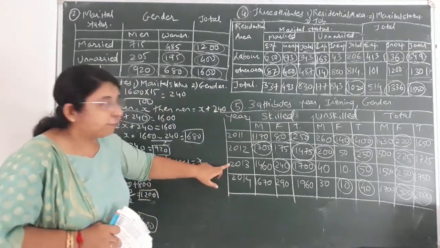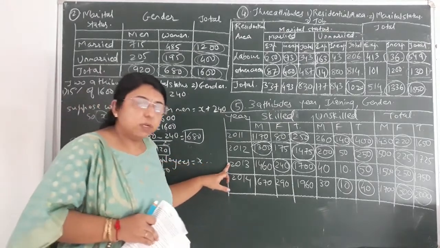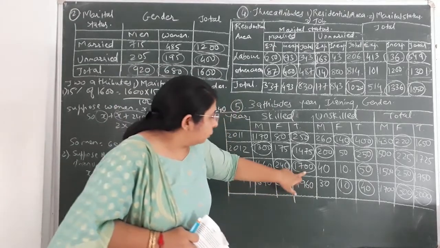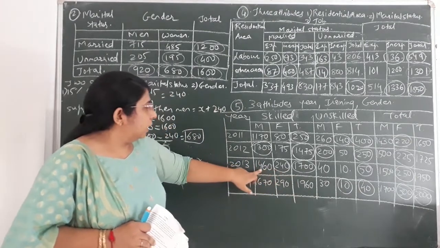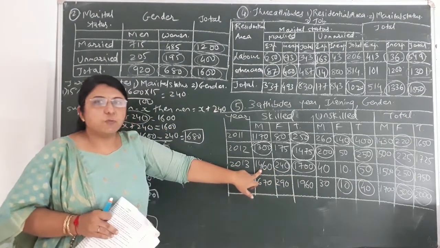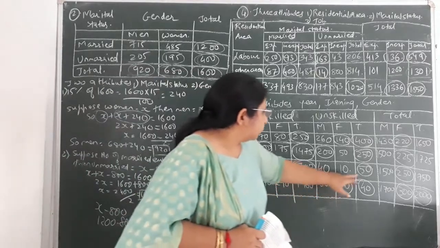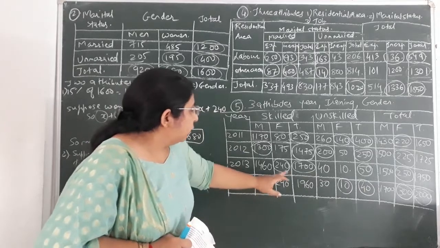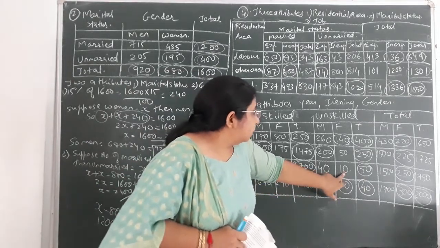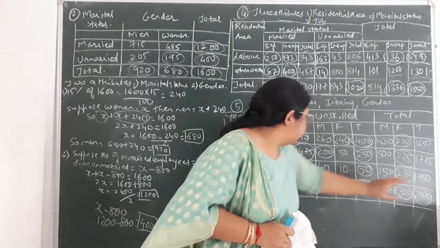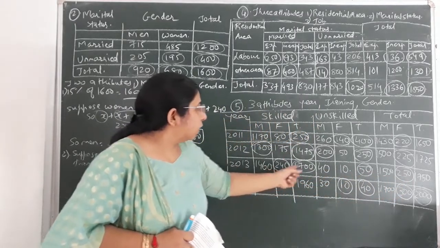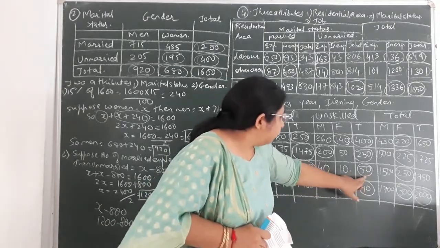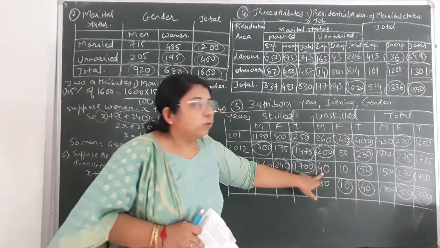Now let us verify or find out the remaining data of 2013. In case of 2013, 1700 and 240, that is given to you. So from the total 1700, you will minus 240, you will get the value of male skilled workers, that is 1460. Okay, now in this case, over here 50 is given to you, and 10 is also given to you, because from 250, 240 are the number of skilled workers. The number of unskilled workers female, that would be 10. Okay, so from 50 you will subtract 10, then you will get the value, that is 40.